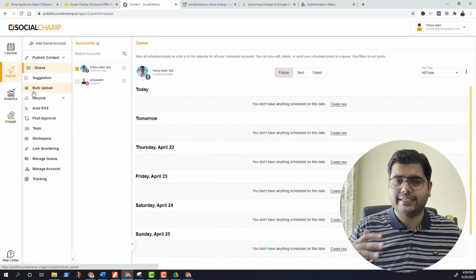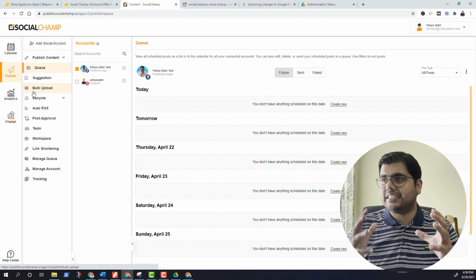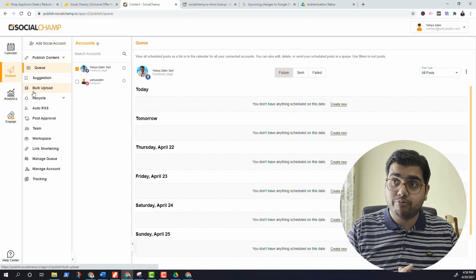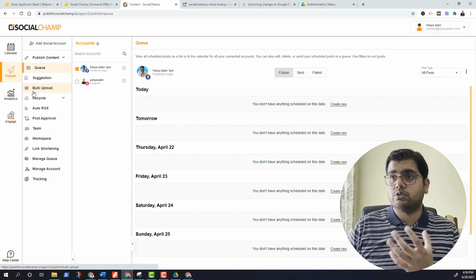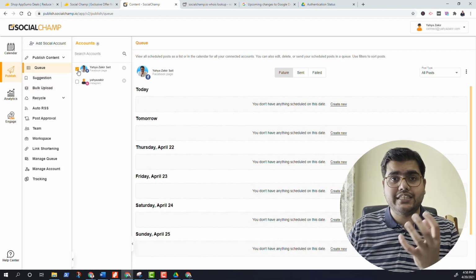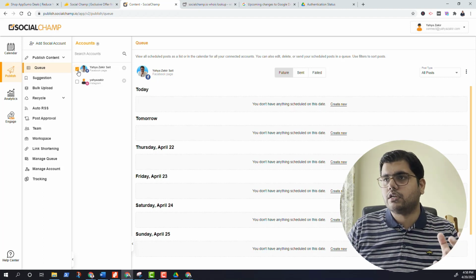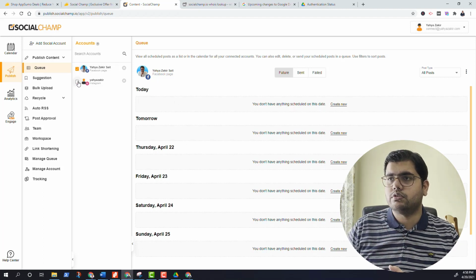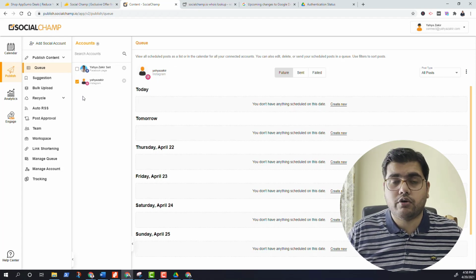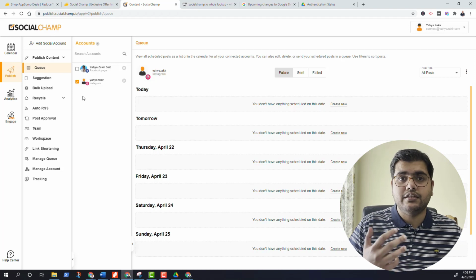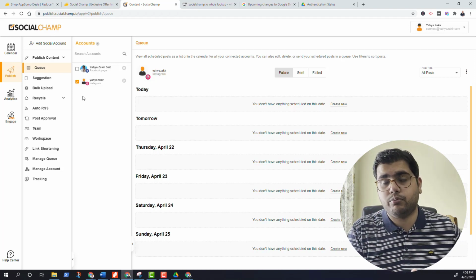The queue is basically telling us that these are the posts which are scheduled and these are the profiles for which the posts have been scheduled. On the center, you can see the accounts section. As and when you click on the accounts, you would see the posts which are scheduled for that respective account. You uncheck it and you would be able to disable or enable these profiles on the right side of your screen, so that you understand that these are the messages which are scheduled and these are successfully posted and